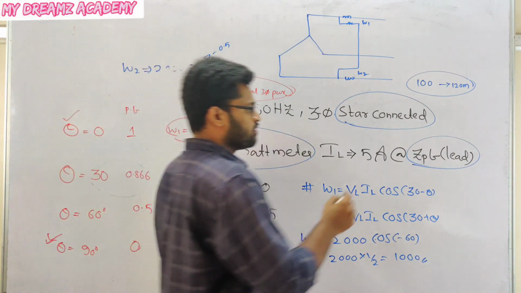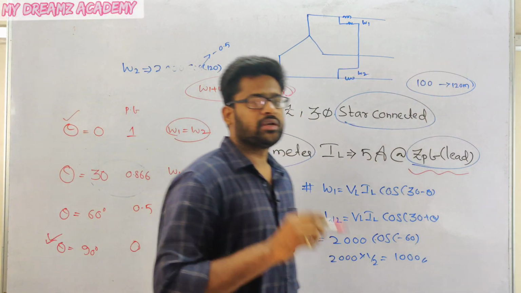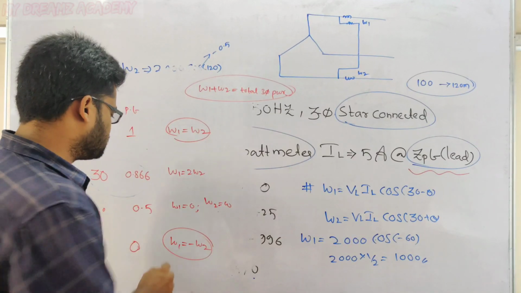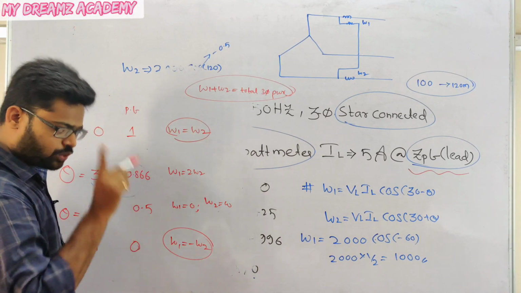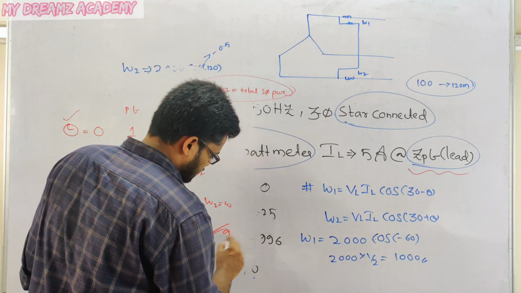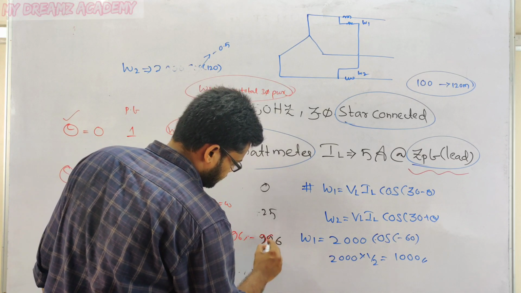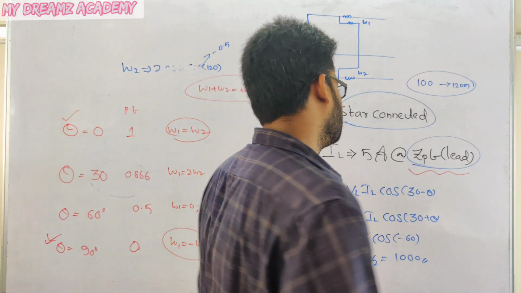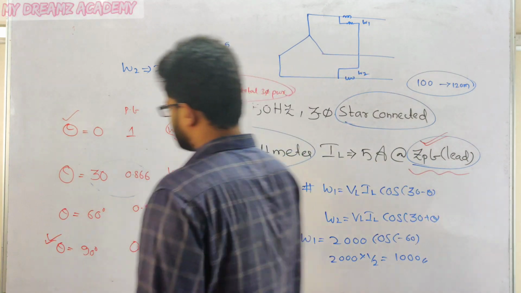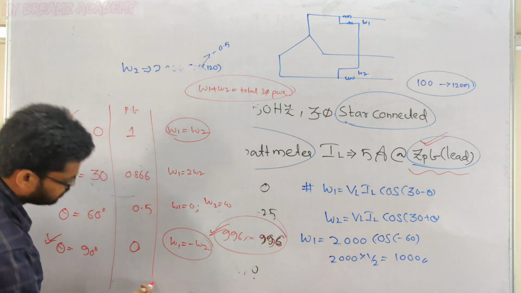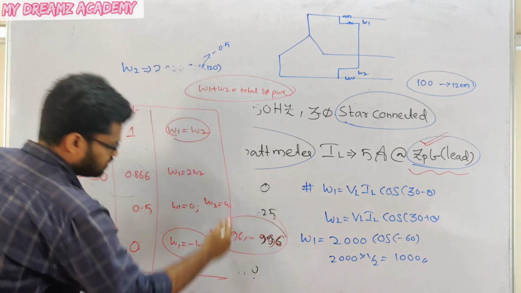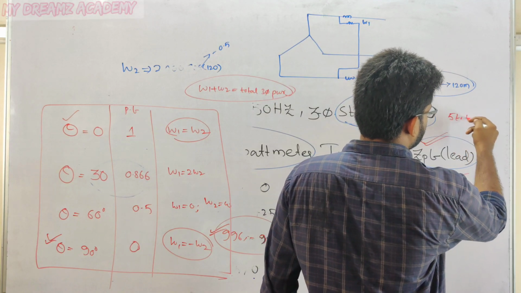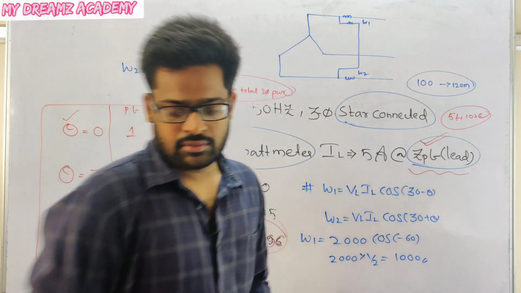See this case, the power factor is ZPF. Only this is enough. If the power factor is ZPF, that is 0 power factor, then W1 is equal to minus W2. See the options, only one option is correct, that is 996, minus 996. Only this option gives equal and opposite values, though the magnitude is different. Like that we can calculate only by using the power factor. You have to remember this table. If you know this table, it is very easy to calculate. You can solve this question in 5 to 10 seconds.